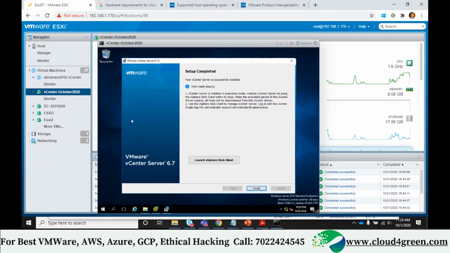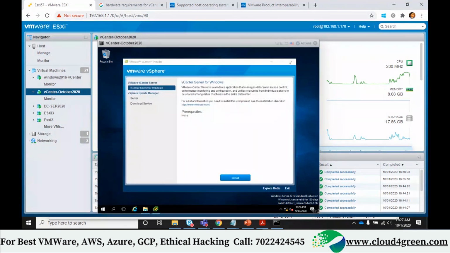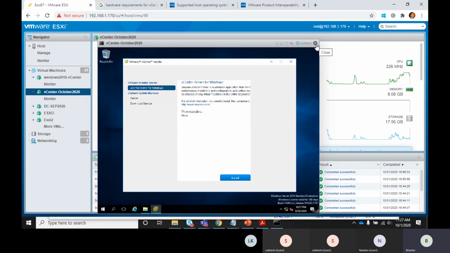And by the way, the installation is also ready in vCenter 6.7. Can you see this? And can you see the launch web client option? Right? And I'm not going to launch. Let me finish. If you want to launch, I can launch via Chrome browser. Don't use Internet Explorer. Okay. Monday I will install and I'll give access to any one of you to this also. Right?